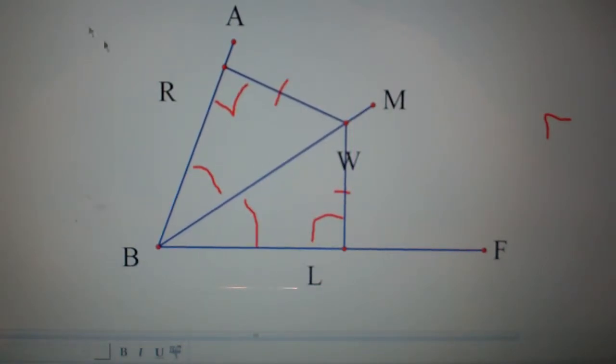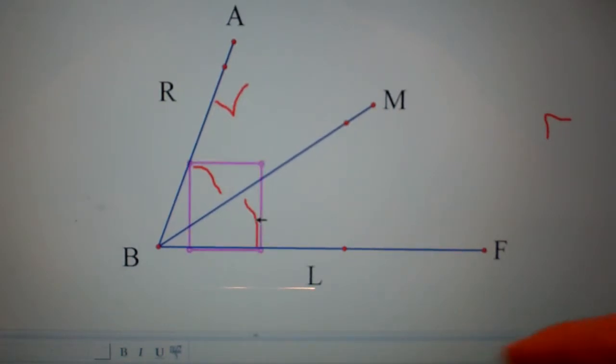Now let's say I delete this. Let's throw W over here. Let's delete this. Delete that. Delete that. And delete that. Let's say I have an angle again. So we have an angle